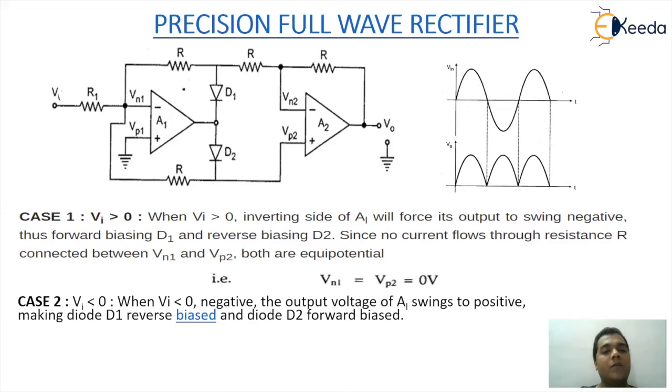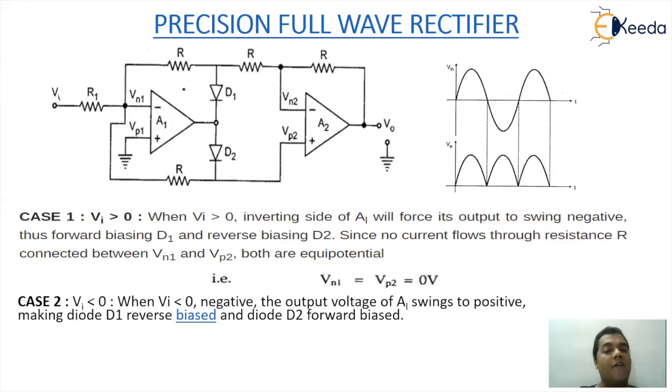When the Vi value is less than 0, the output voltage of A1 swings to positive, making D1 reverse biased and D2 forward biased. So in this situation, we are going to retain the negative cycle in the form of a positive cycle. Again, as we have discussed in the previous circuitry, the circuitry will work like an inverting amplifier with a gain of -1. Under that behavior, you will be able to convert the negative cycle into a positive cycle with a factor of -1. And that's the reason when you see the total output for a complete cycle, you will be getting